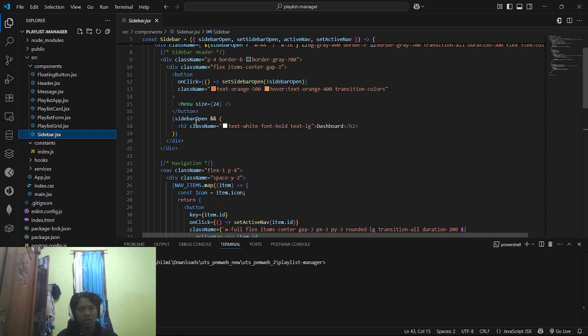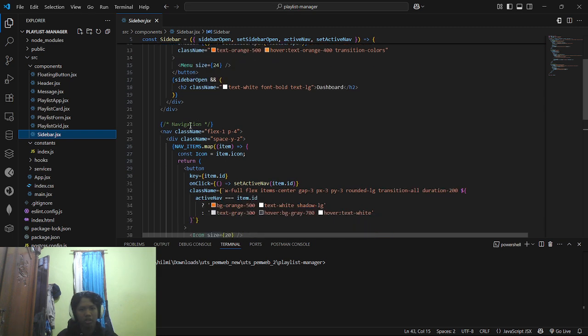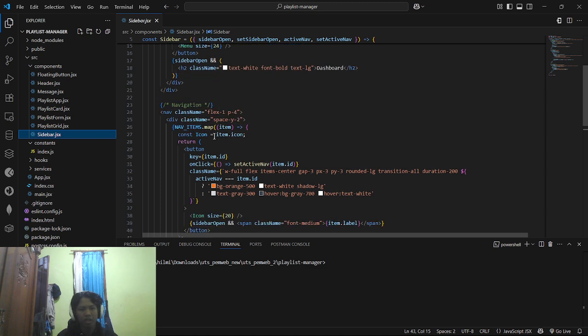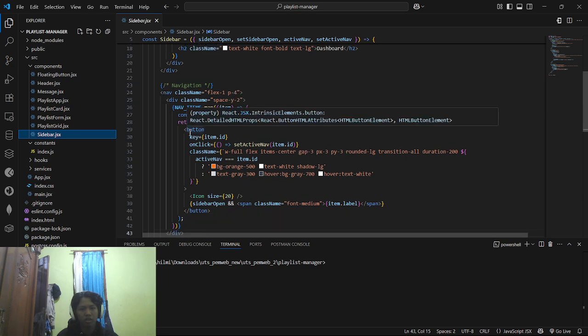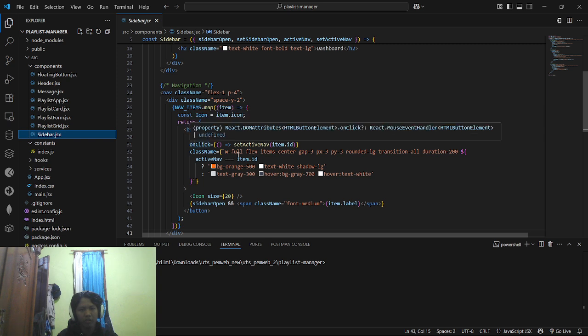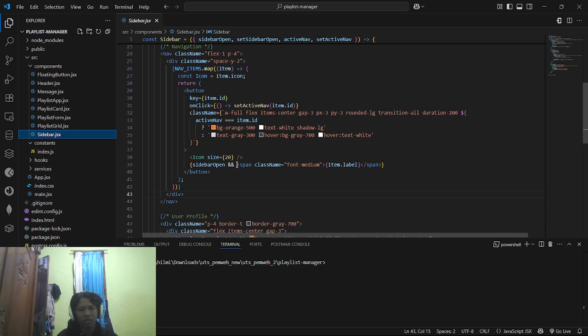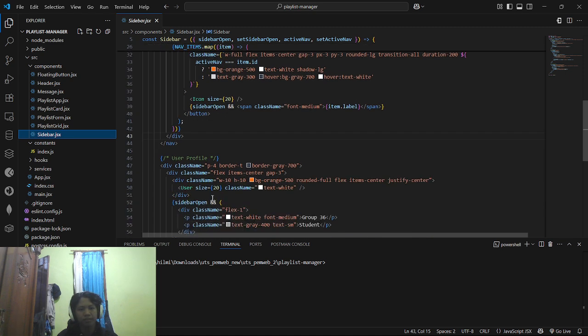So this is the dashboard button, and then this is the navigation bar, this is the navigation map, and that is the icon, and then this is the button for the navigation bar to open and close, and then this is the code to open the navigation bar.